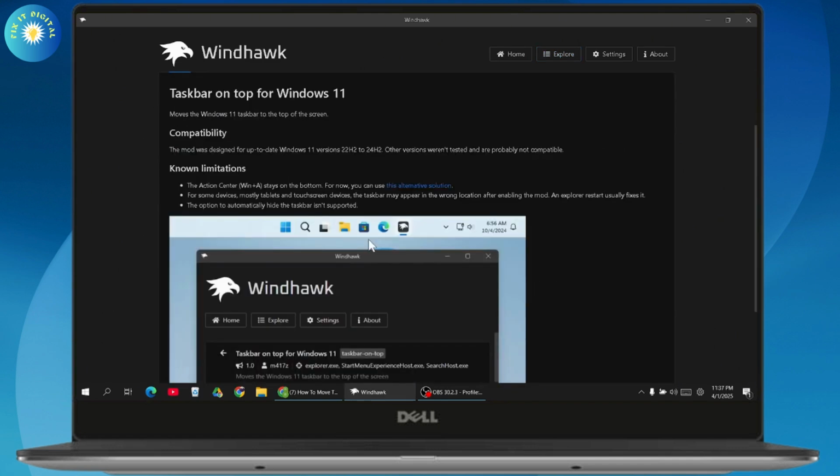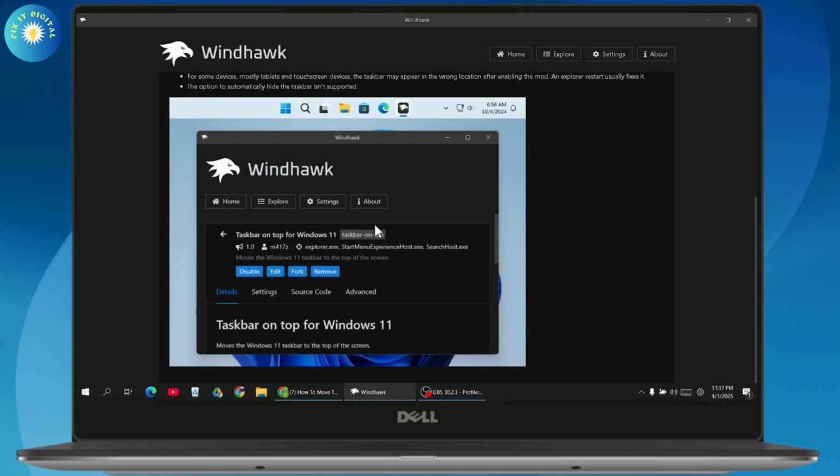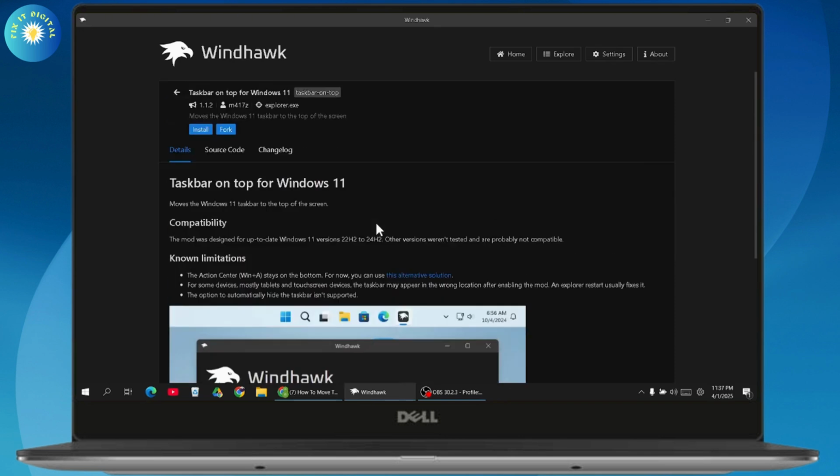And from here you need to scroll down, and here you will have all of the limitations. And now if you want the taskbar on top of your screen, you need to go with taskbar on top and click on install. Once you click on install, you'll be able to apply that and your taskbar will be on